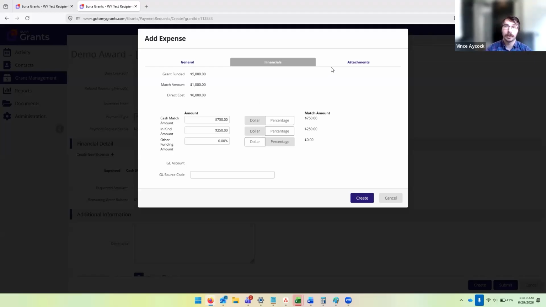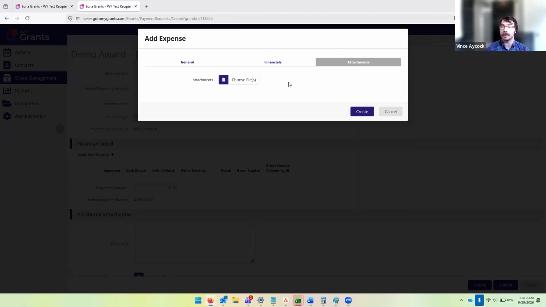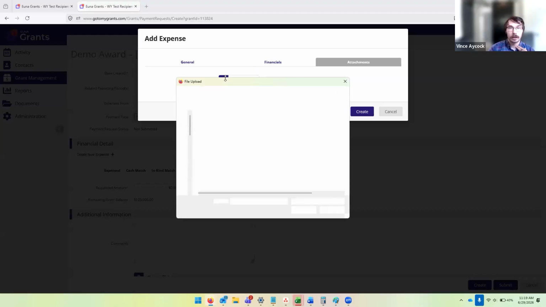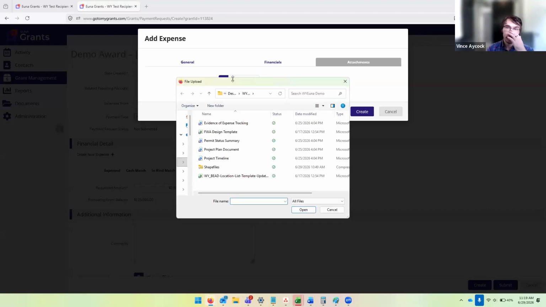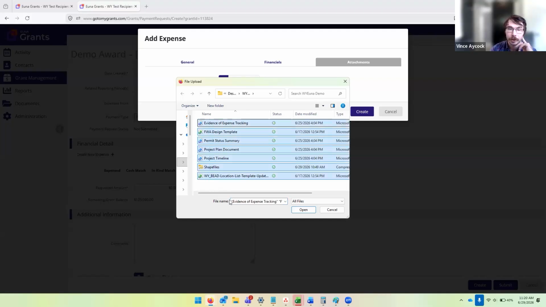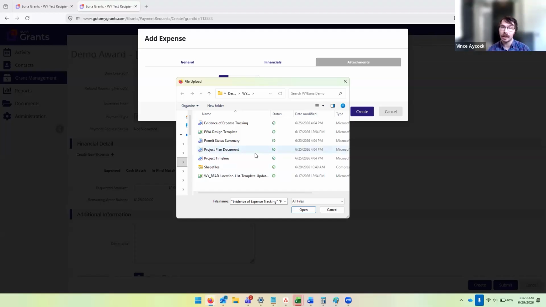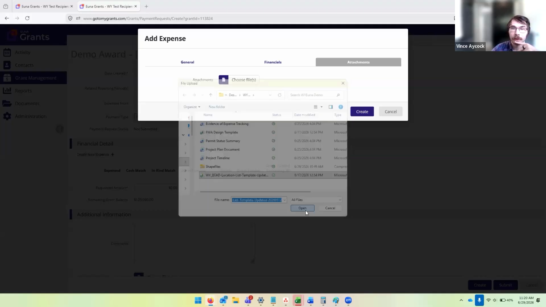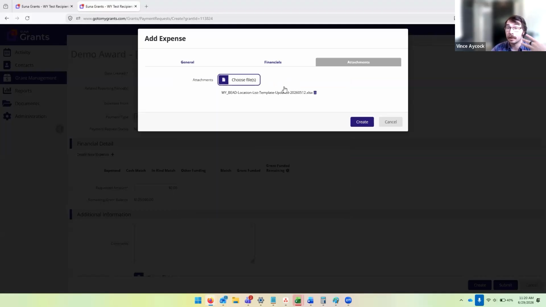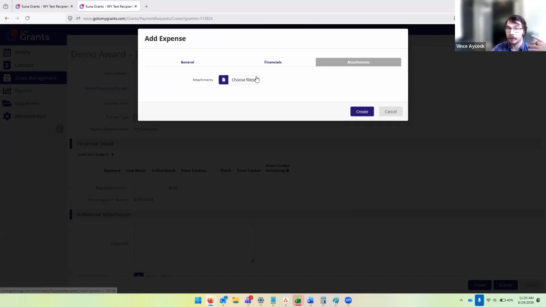At this point, you're going to go to the attachments page. And this is where you're going to attach all of those files that we ask you to provide. So I'm going to click on choose file, and that will bring up a file explorer. And from here, you can add them one at a time, or you can add them in bulk. I'll show you both of those. But we do ask that you upload them separately as individual files and not as a zip file. So I will go ahead and just add this one and show you what that looks like. And if you added it by mistake, you can go ahead and click the trash can to get rid of it.